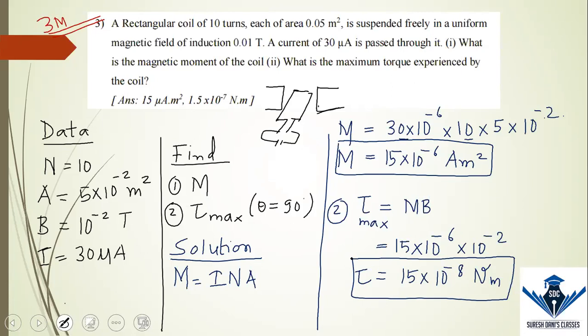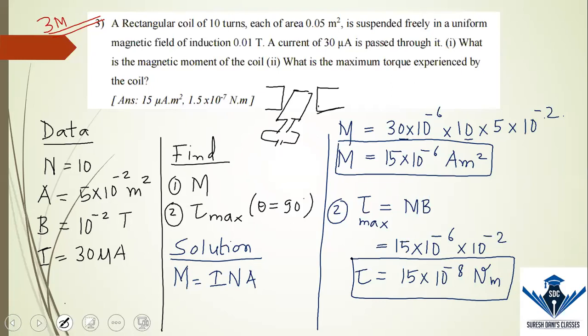And this coil will experience rotation in the magnetic field. That is because the sides of the coil will experience equal and opposite forces, what we call a couple. So if they don't use the word torque, they may also use maximum couple. So even if they ask you maximum couple, it means it is the torque that the coil is experiencing in the uniform magnetic field. Could you please take this down and tell me whether you have all got the required answer?